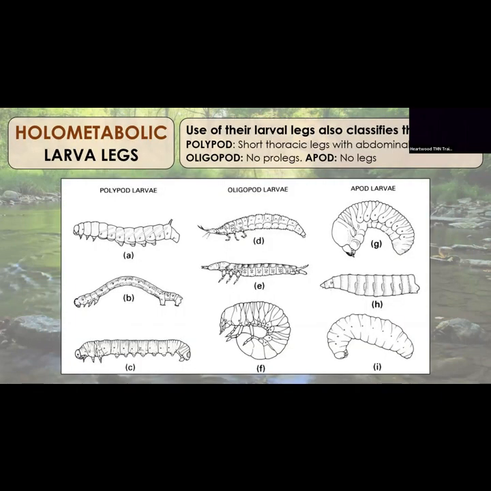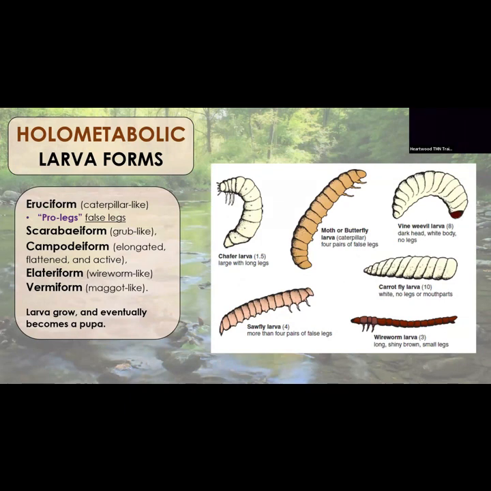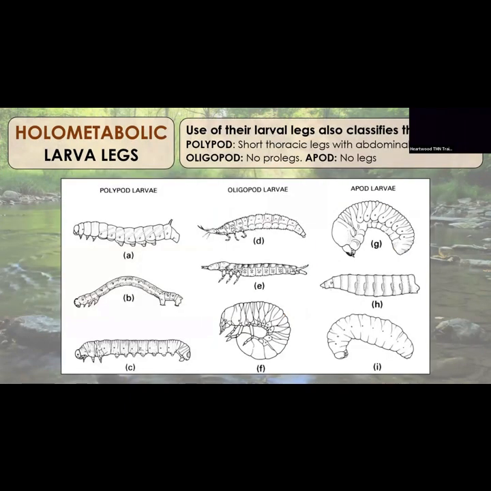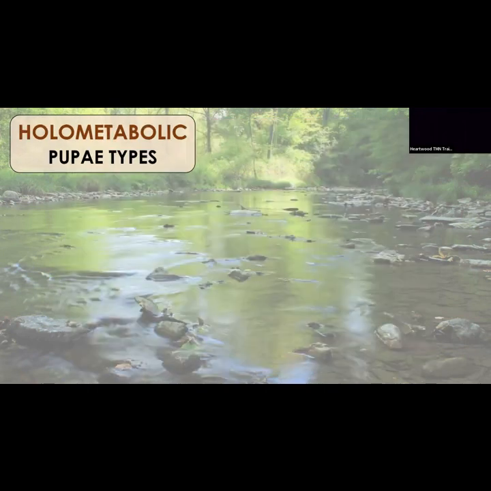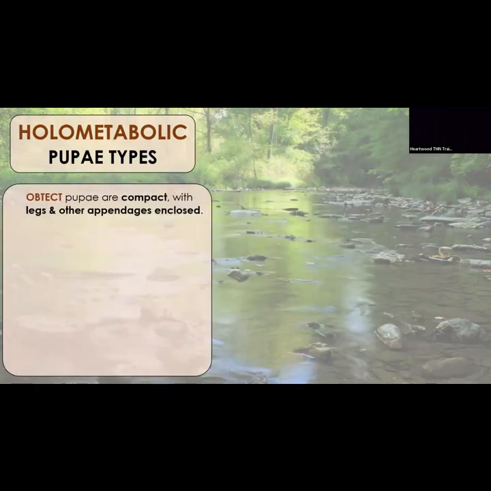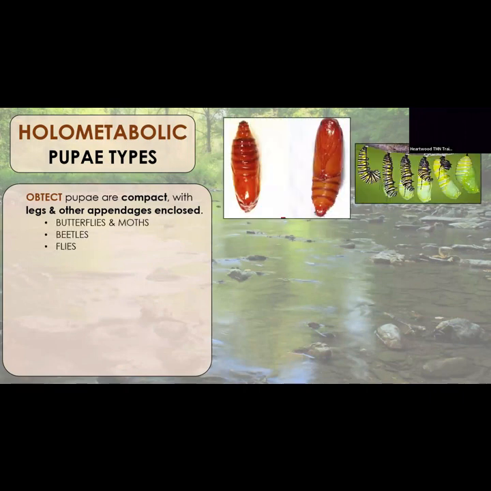Oligopods, dang it. Oligopods, those are ones that have their 3 working legs and that's it. Right? They don't have any prolegs, any fancy fake legs. And then you've got your apod larvae, which are just the ones that undulate along. So larvae can be described as eruciform and polypodous. So there'll be a lot of words around it. It's just talking about what shape is it and how many feet does it look like it has. And then the pupa, you can even discern insects based on just their pupa alone. All right, so you've got 3 types of pupa.